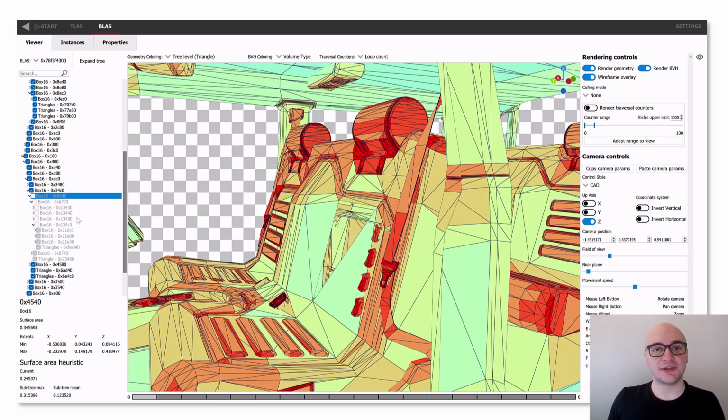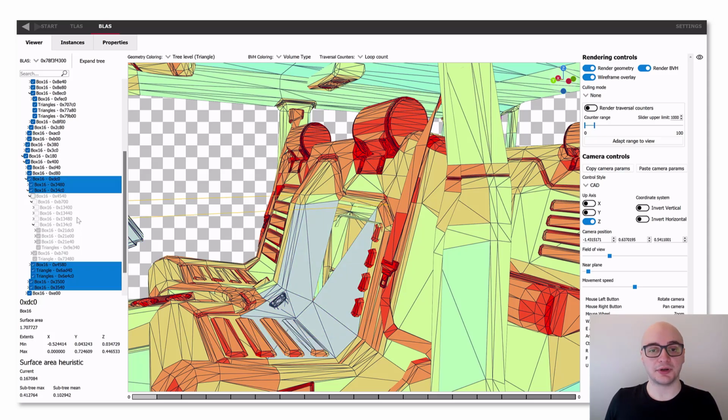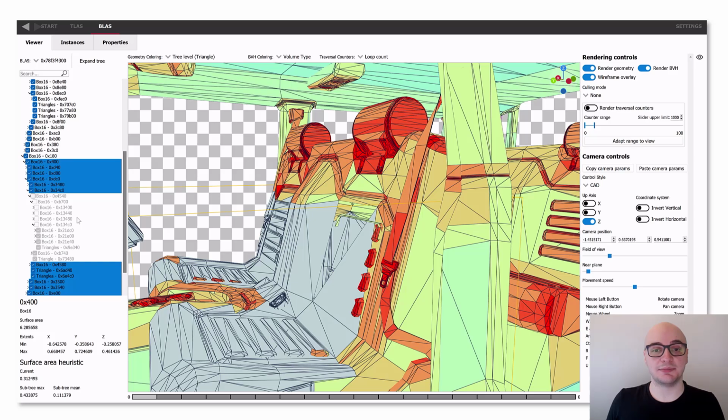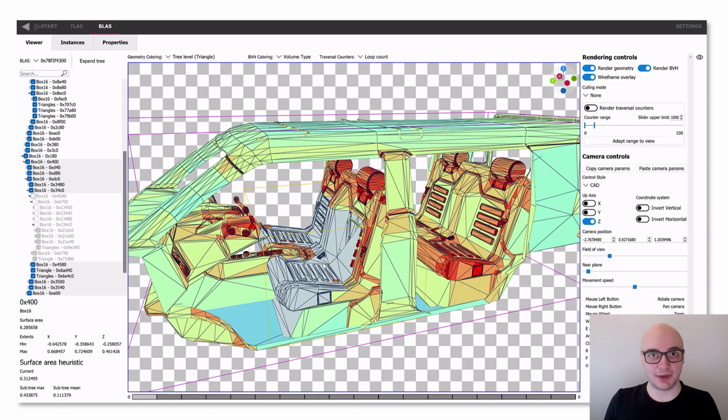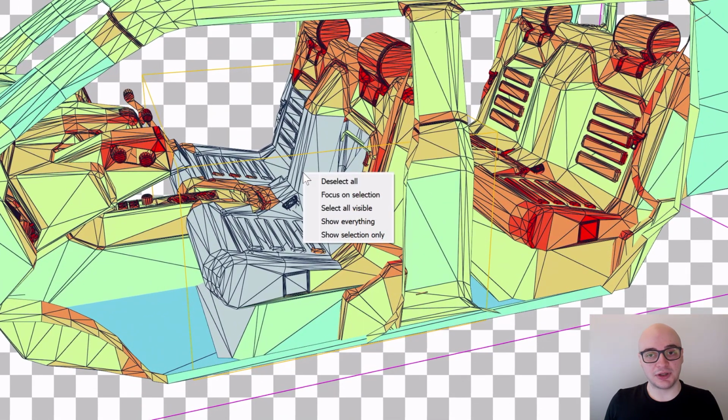One convenient way of selecting parent or child nodes of the currently selected node is to use the arrow keys when the viewer is not highlighted with the blue border, and the selected node has a blue background in the tree view. We also have some other convenience features in our right-click context menu. For example, you can filter the scene to only display your selection.